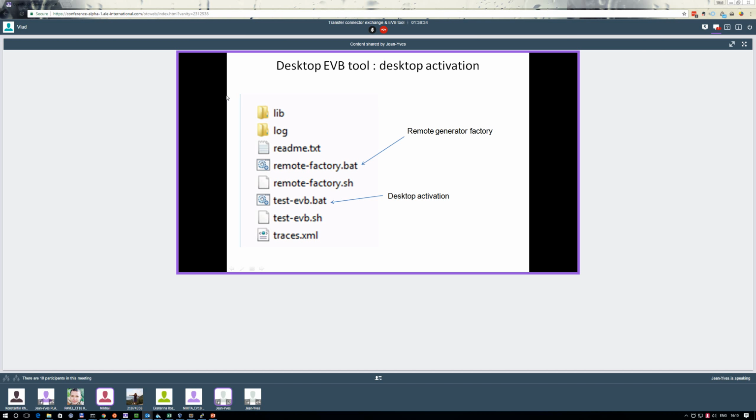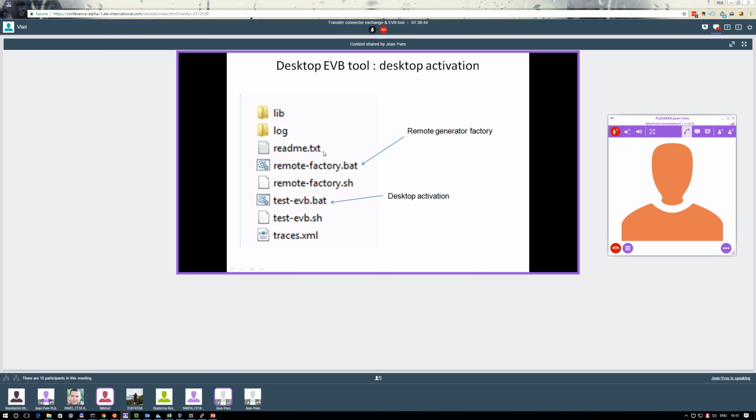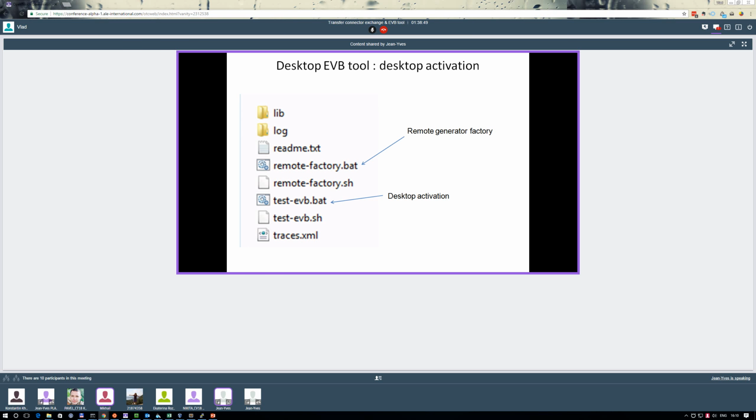You have the README. In the README you can see the option of the script for the different cases, and there is here the part of log with the traces point XML for the level, the logs level. Okay. Well, I finished for the